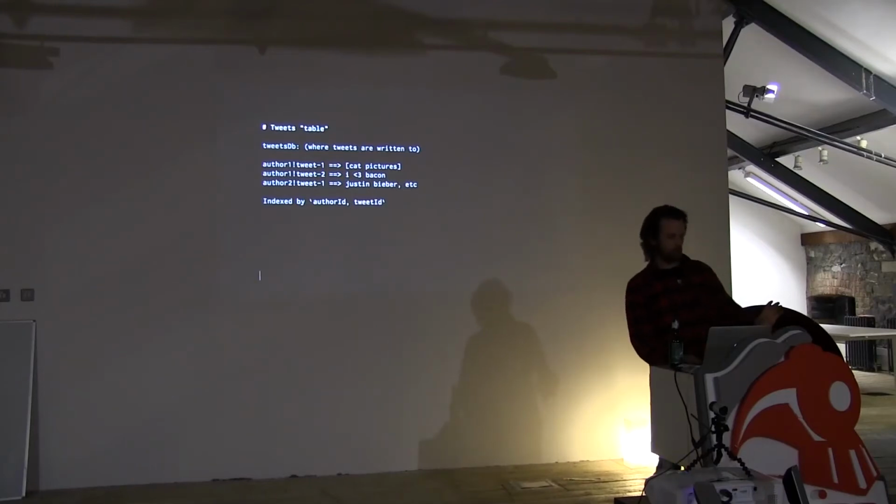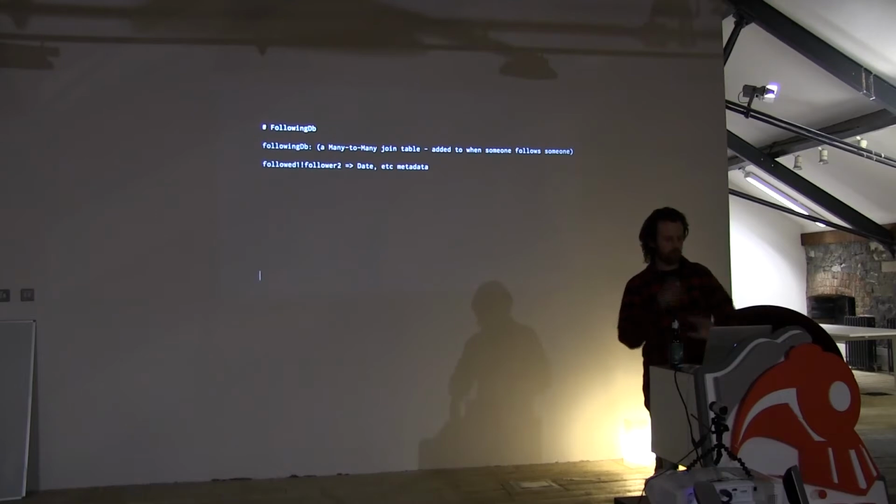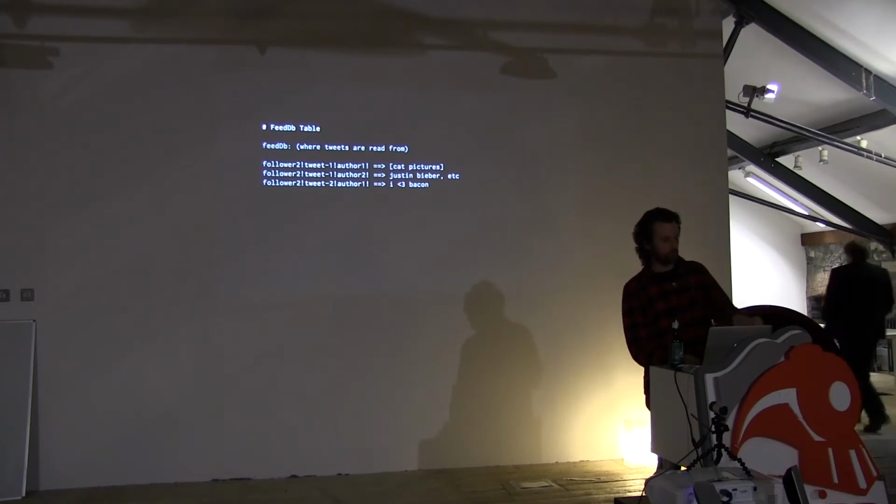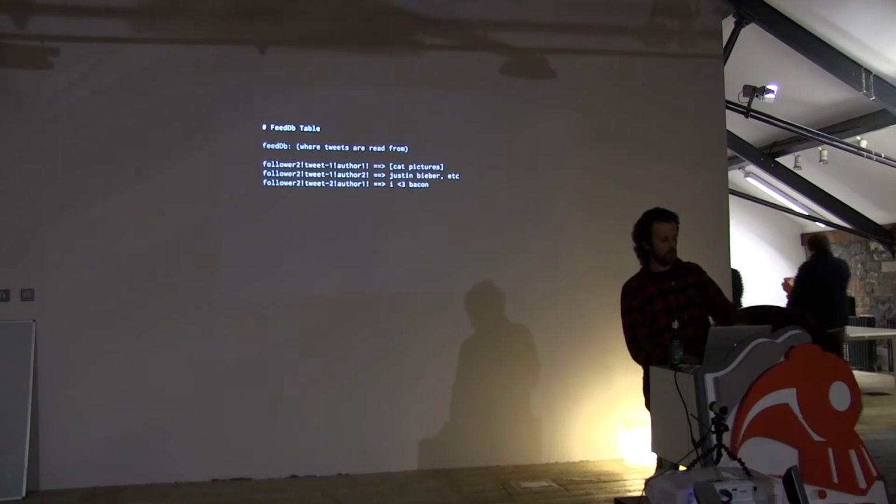We have, say, author and tweet goes to the tweet data. Then we'll have the followers, and here all the data we're actually going to need is stored in the key. So it's who's followed and who's the follower. And then we'll have a feed table, which has, for a given follower, all the tweets